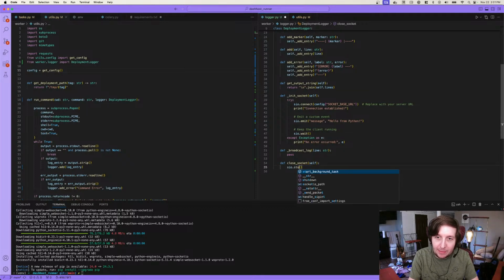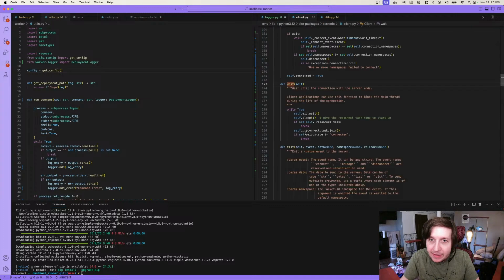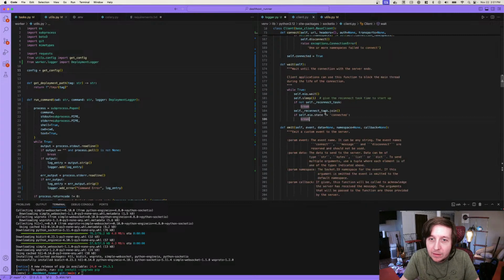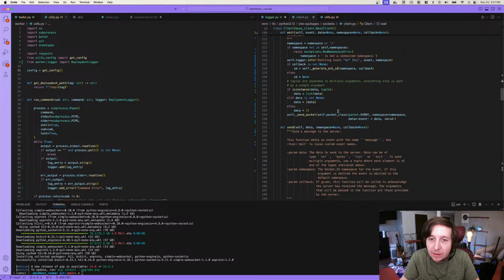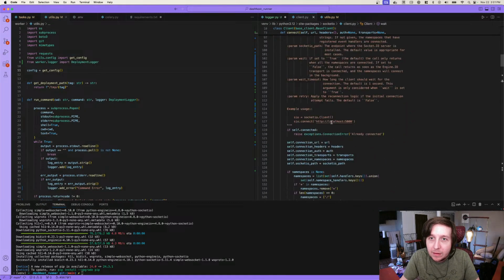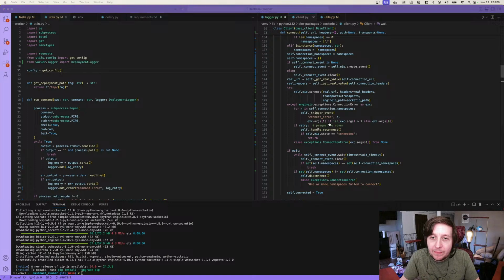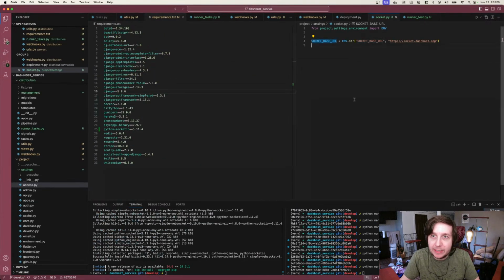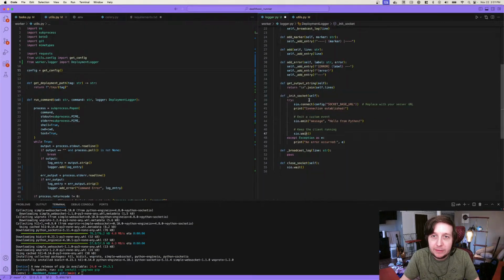Is there just like a stop waiting? Let's look at the documentation for wait. Wait. Maybe, I wonder if a better way to do this is actually,